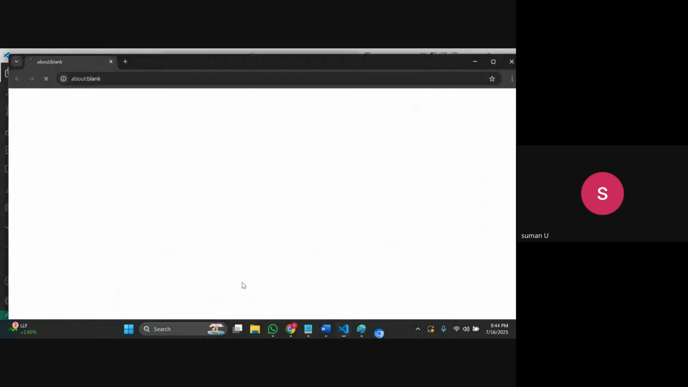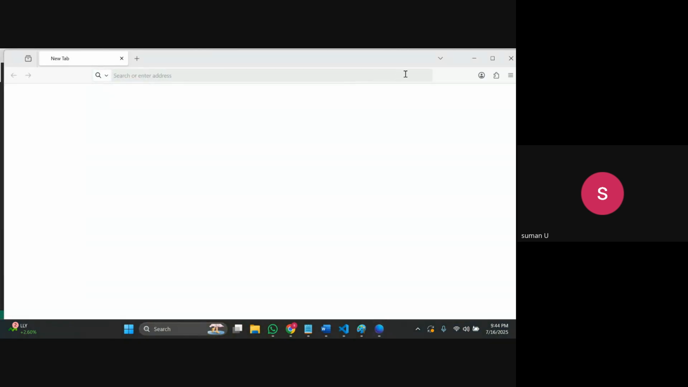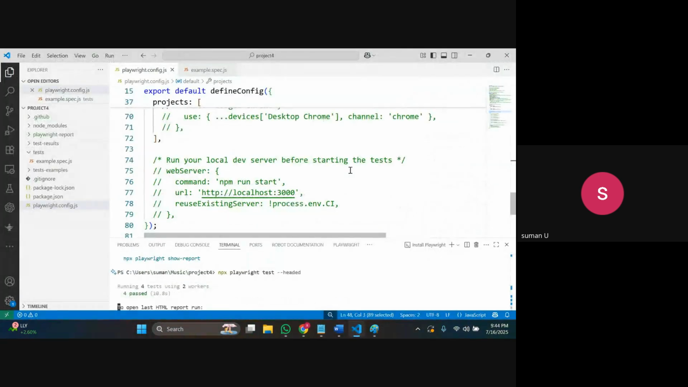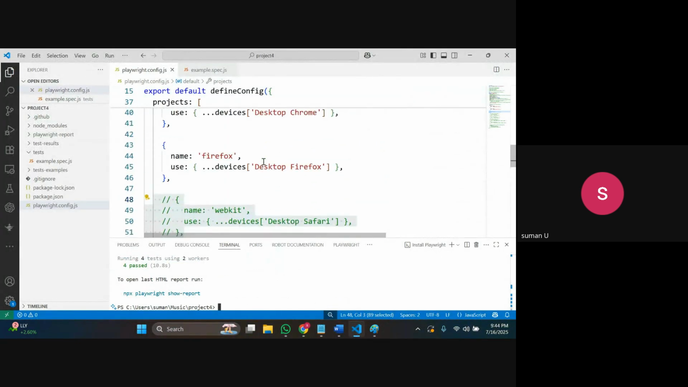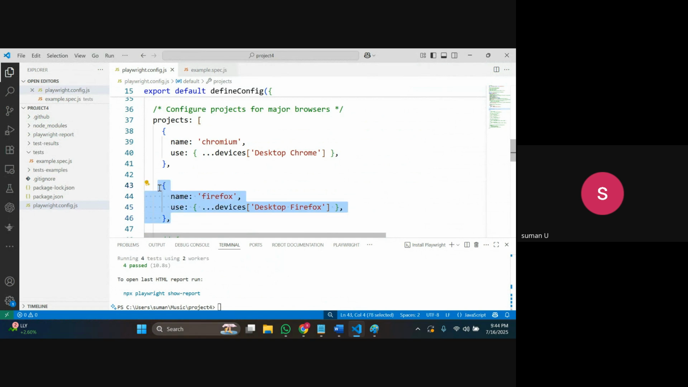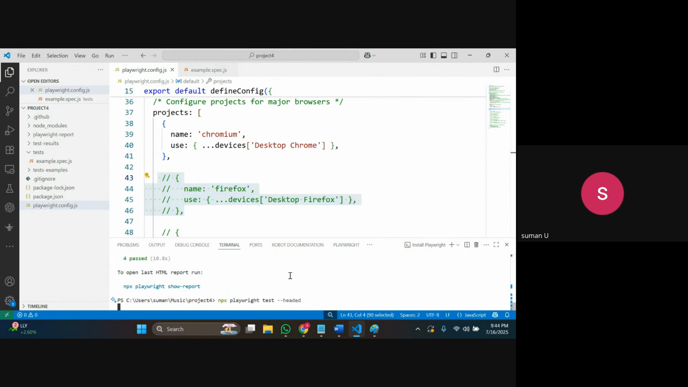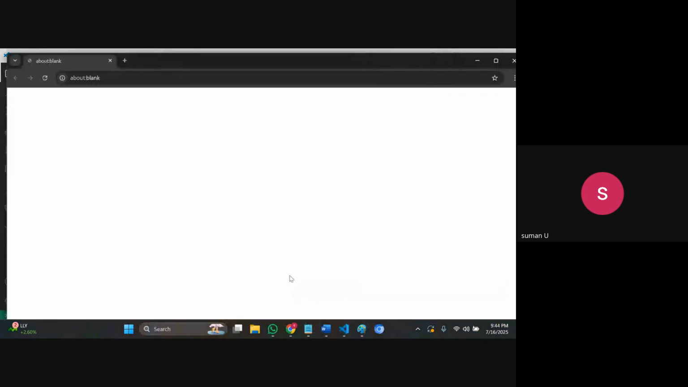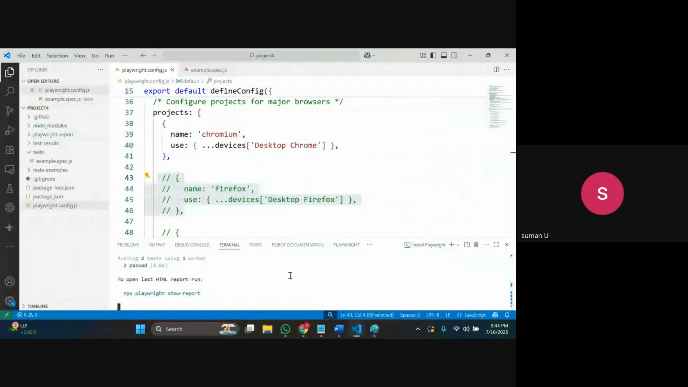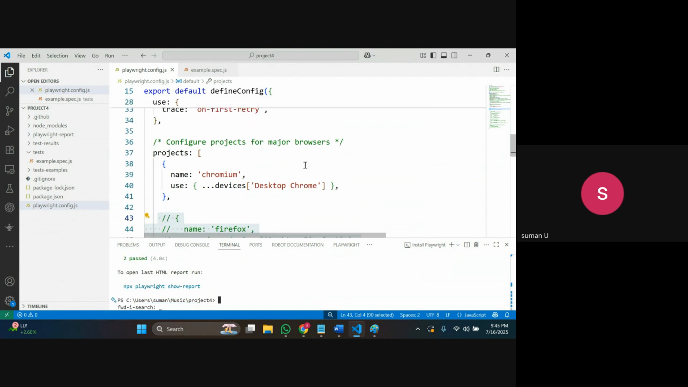For example, if I want to make it run by default only on the Chrome browser, then what you can do here is comment Firefox as well. So it will execute by default on the Chrome browser only. If you see, there are two test cases which are getting executed only on Chrome browser. First one has opened and second one has opened on Chrome browser. So these browsers you can also configure from your